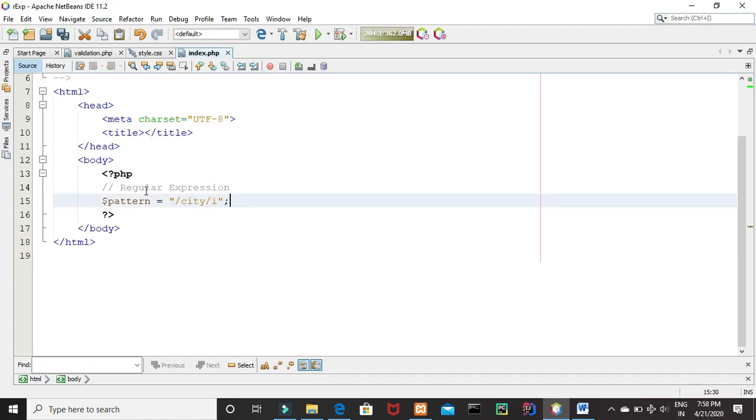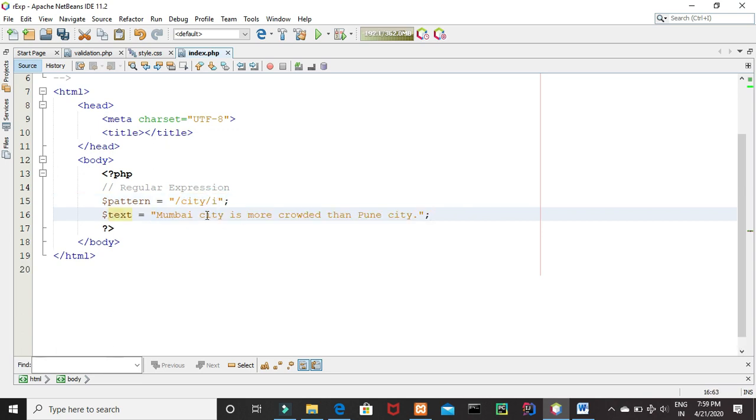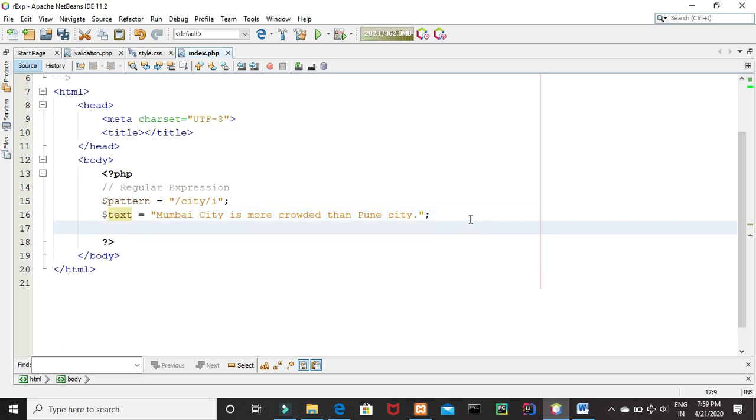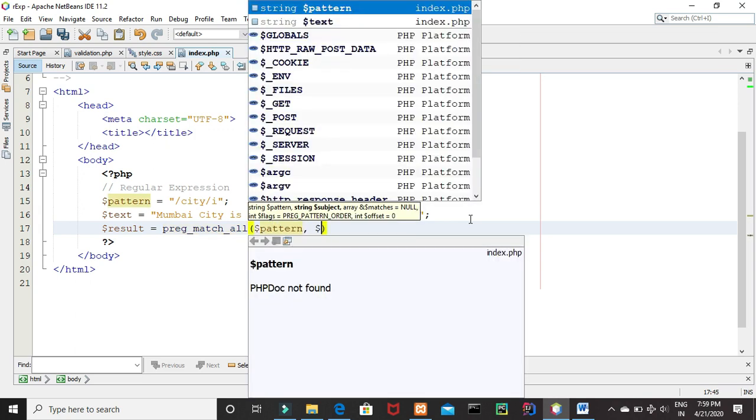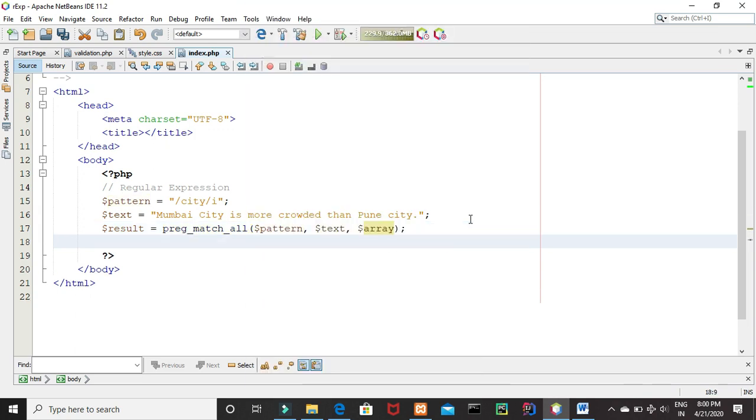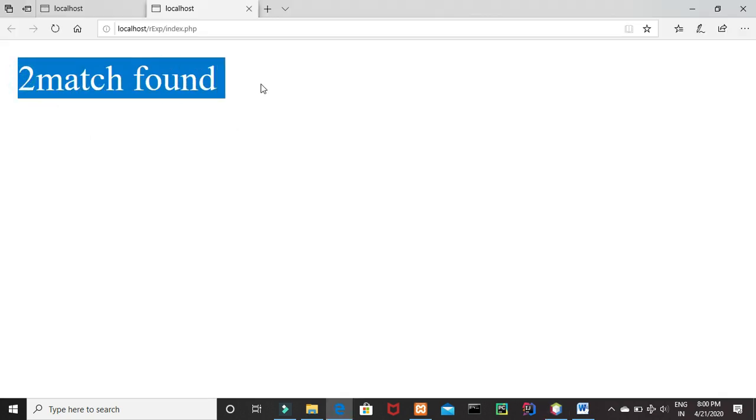We will see one example of pattern modifiers. So now the pattern is this, and I will make this a capital C. Then we'll have a result variable, the pattern is pattern, where is it, in text, and we will echo it. Save the program. See, it says two matches found.